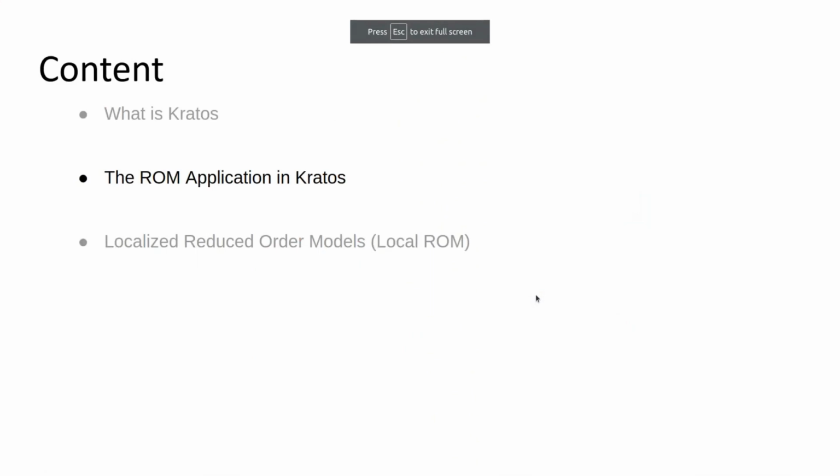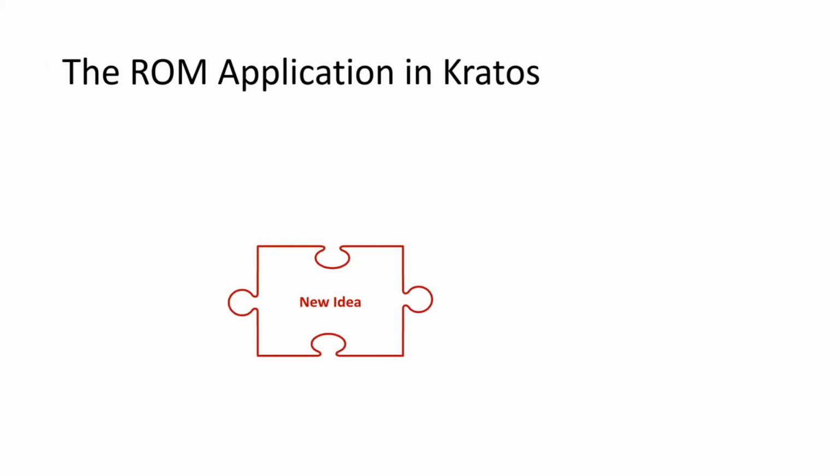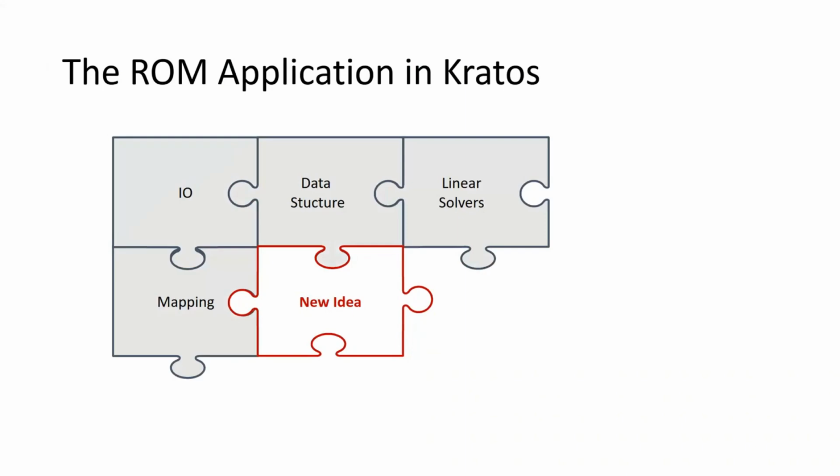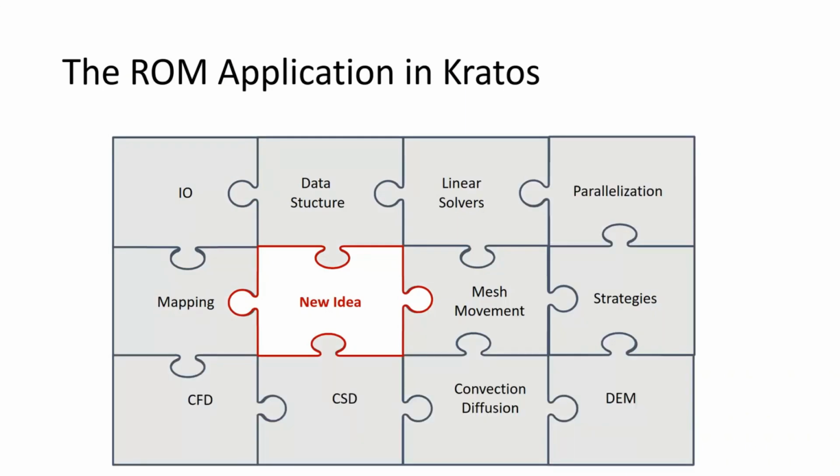So that's basically Kratos. It's been developed for 20 years, and it's a very large framework for doing numerical multiphysics simulations. And now, how I implemented the reusable model application in Kratos. I wanted to use this as much as possible. This is the same workflow that anyone would use: you have a new idea, you want to be able to use most of the existing parts of Kratos. So of course, I wanted to be within the principles of Kratos. I needed to be flexible, scalable.